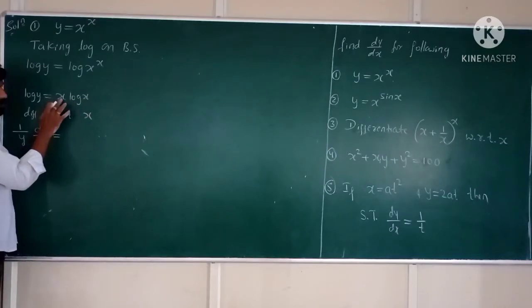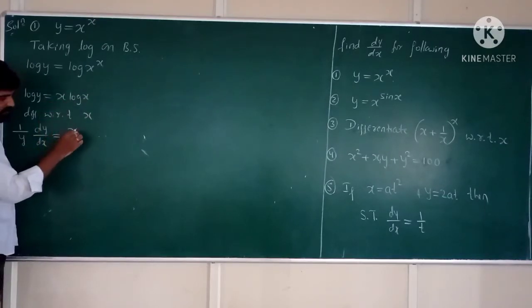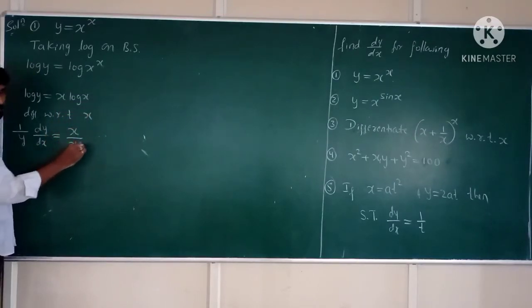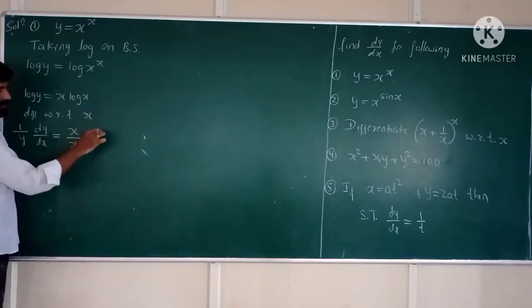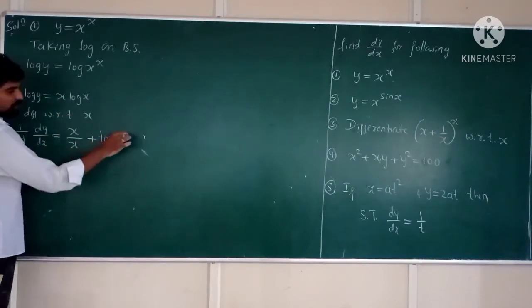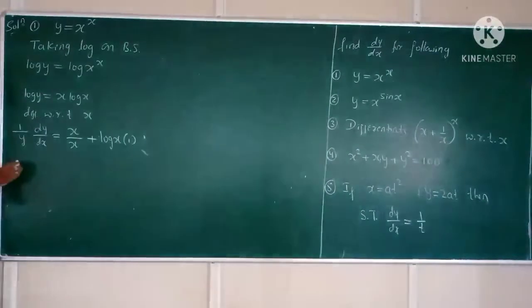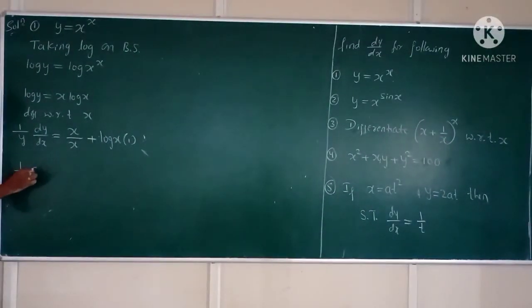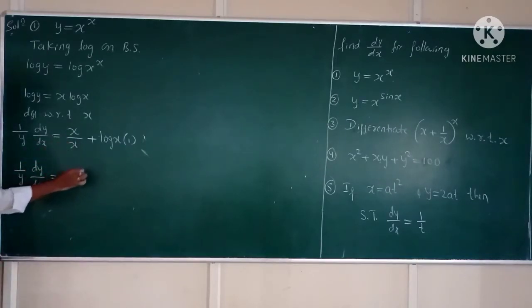So according to the product rule, x as it is, then the derivative of log x with respect to x is 1 by x, plus log x as it is into the derivative of x with respect to x, which is 1. Therefore 1 by y dy by dx is equal to, x and x get cancelled,